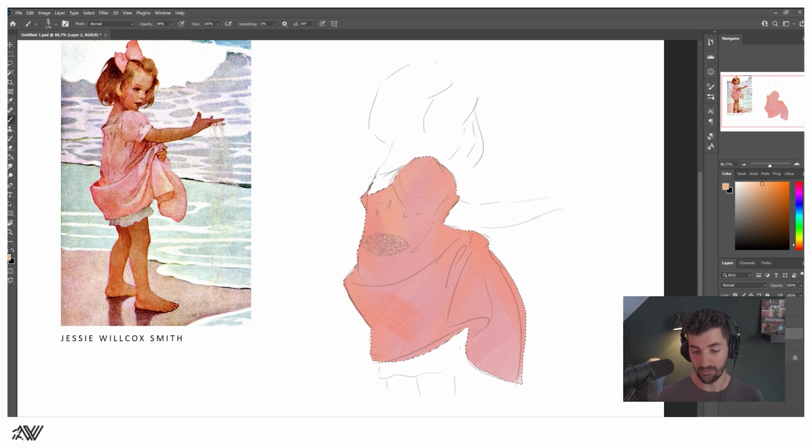The thing I definitely admire about her style is that she keeps a little bit of line work in there, which is really cool. So there's an element of design to it that I was really attracted to. And I'll tell you why in a second, the things I really like about this artist.